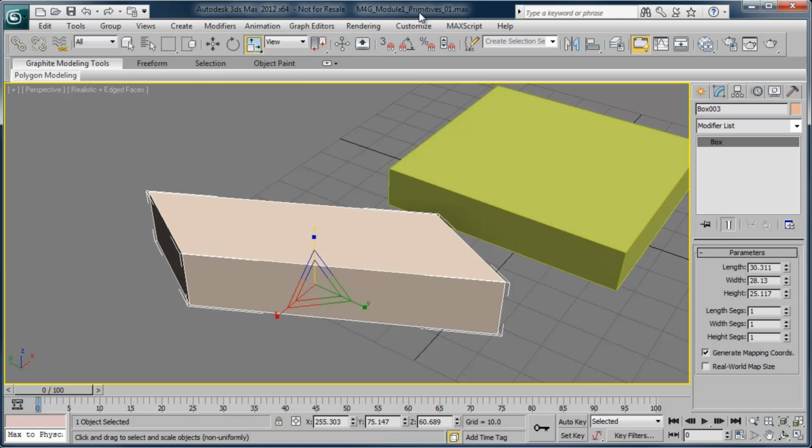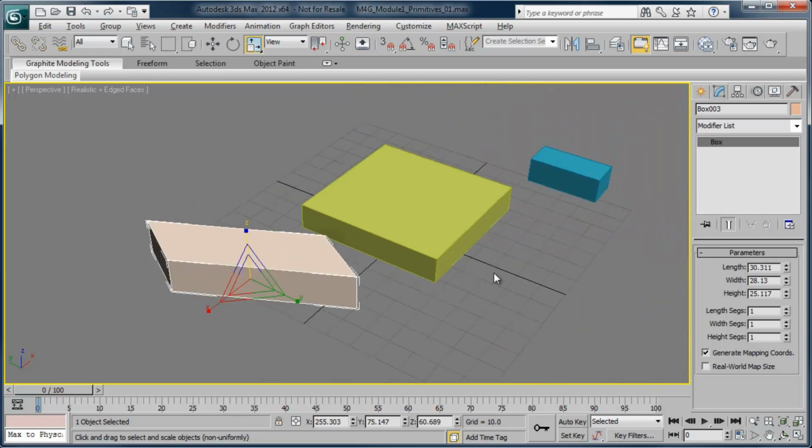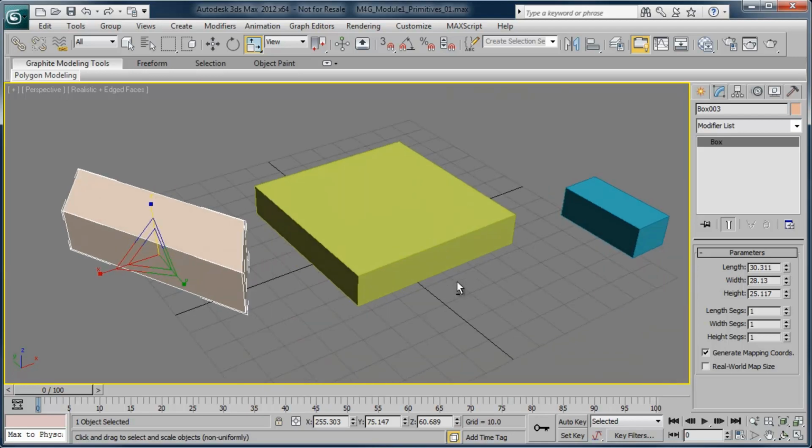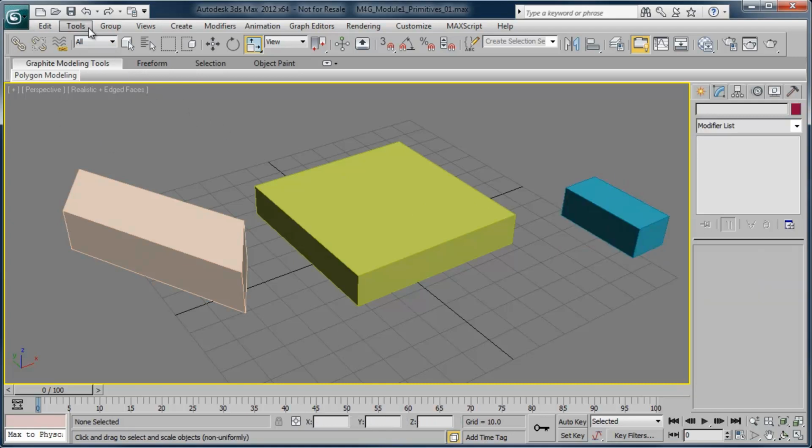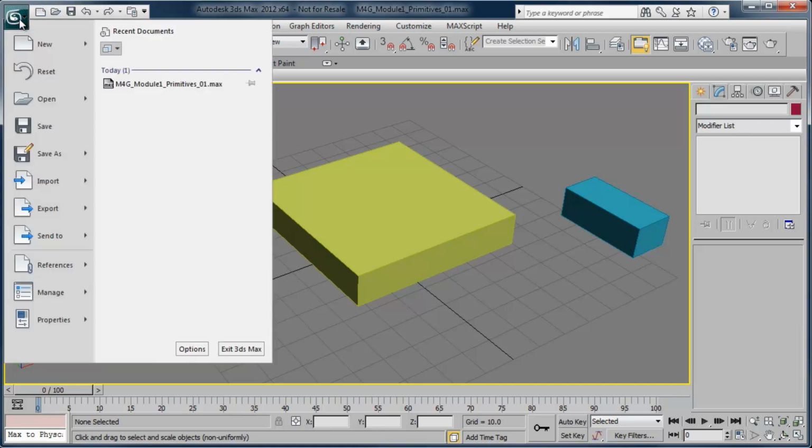Then up here along the very top bar inside 3ds Max, it'll tell you the name of the file that you're working on. This is a good point for us to start to get into the habit of saving our files over and over again fairly regularly, so that just in case the program crashes, or we happen to mess something up, or we make a mistake and want to go back, we can get right back to this file by clicking on the little folder icon that says Open File, or left-clicking the Max icon